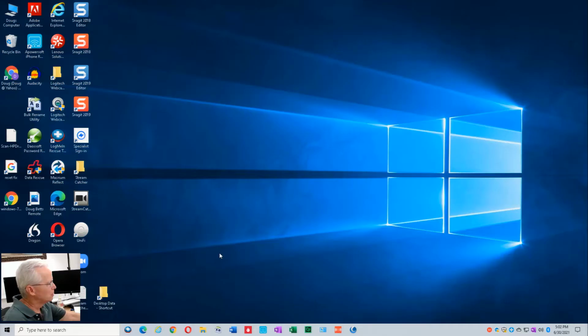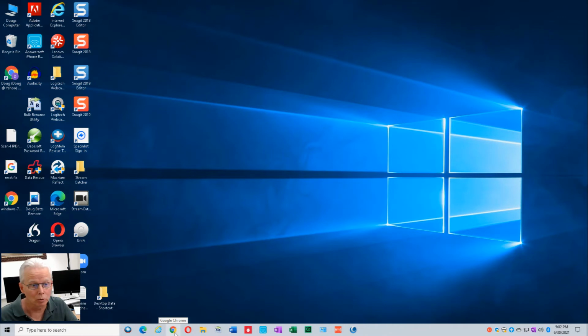Windows User Tip 17. This is going to be a next step in regards to the Google Drive folder sharing technique that I showed in previous video. So I'm going to go to computer number 3 over here. I pointed out before that in creating that new profile, it offered to create an icon on the desktop. So if I click this icon, it's going to launch Google Chrome with me signed in to that Doug at Yahoo profile. If I click instead on this Google Chrome that I have on the taskbar